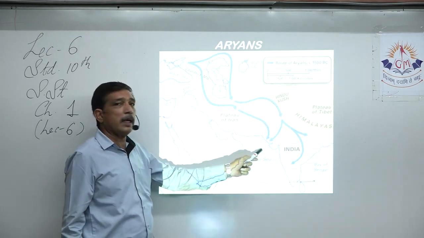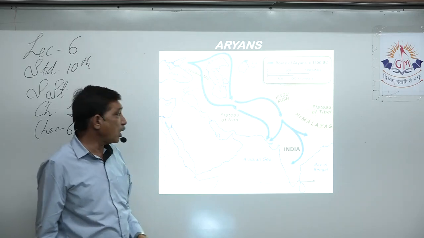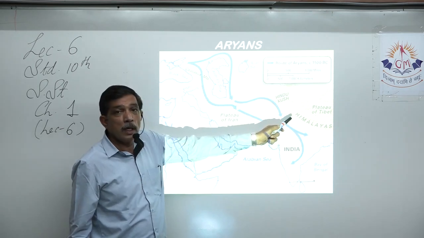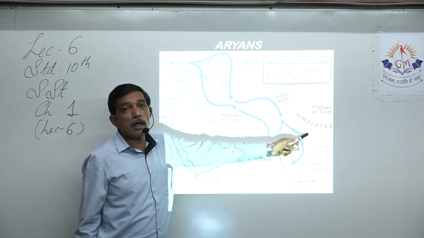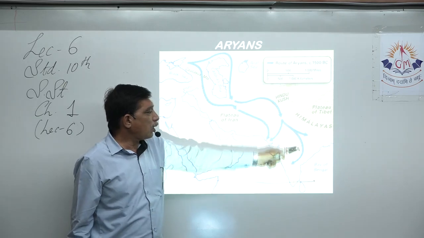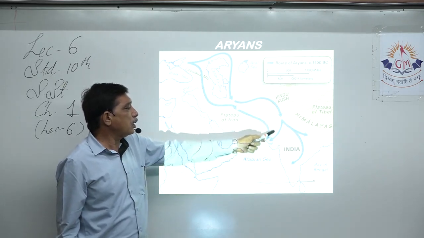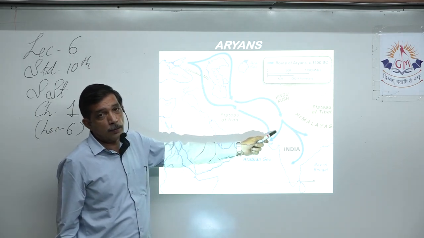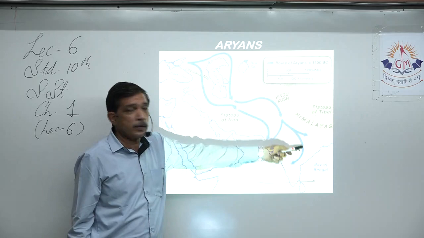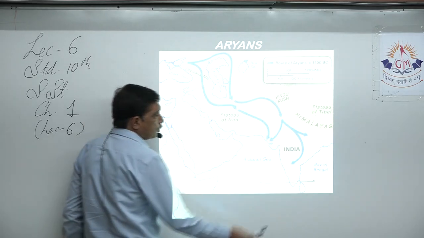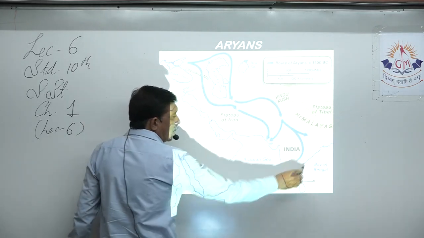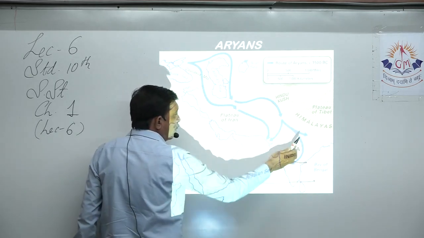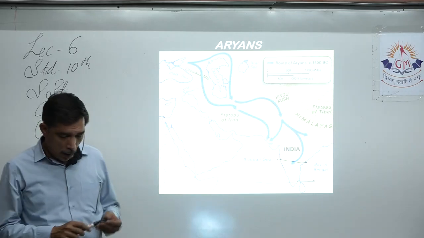At both the areas you have to cross the Indus River, right? So if you cross over here, you come to the 5 tributaries of the Indus River, and then you come to the rivers Ganga, Yamuna, and you come up to the Vindhyas over here. And if you come to the south, today's Pakistan, touching Pakistan is Gujarat. So these are the areas where they settled, the whole of this area. Because here is the part of the Dravidians. They were forced to enter. So in the rest of the places you will find the Aryans.